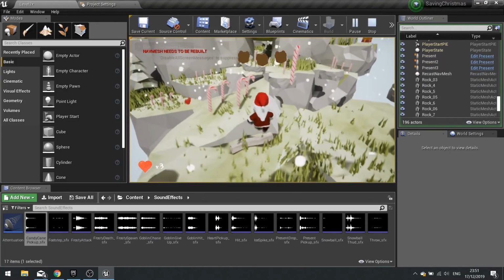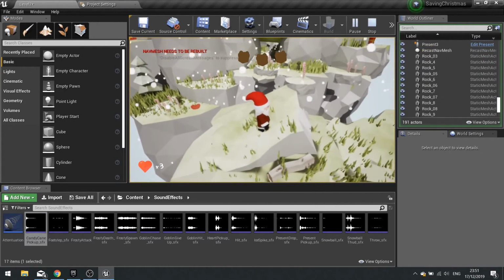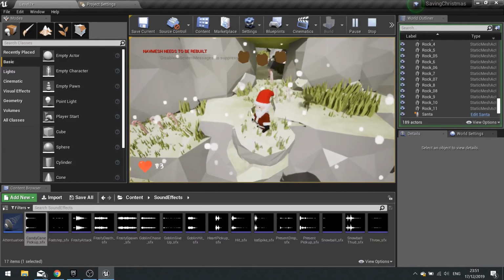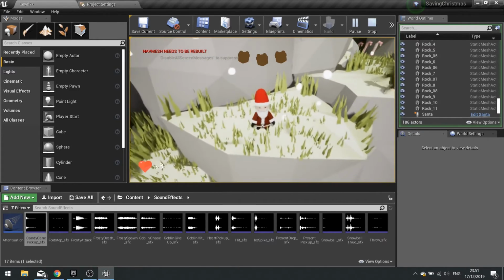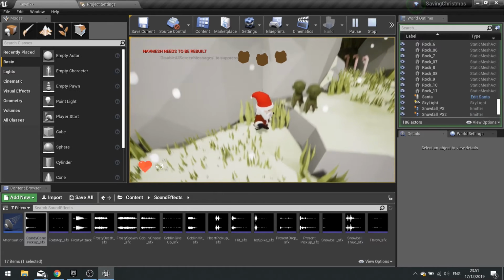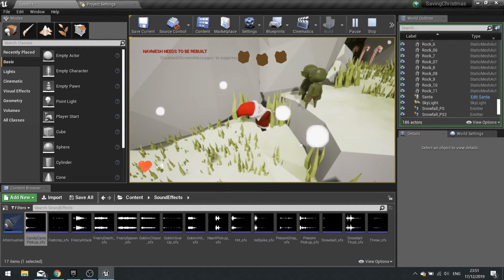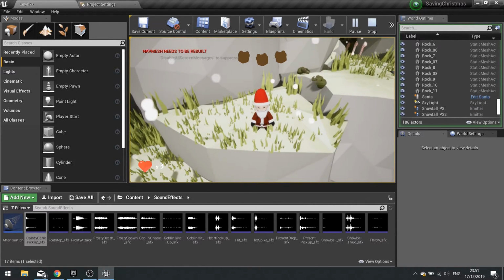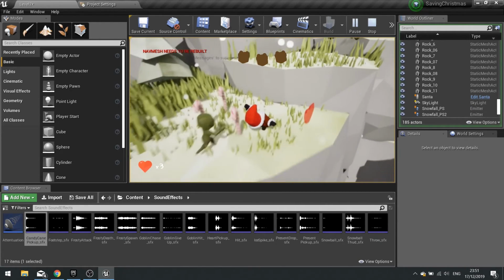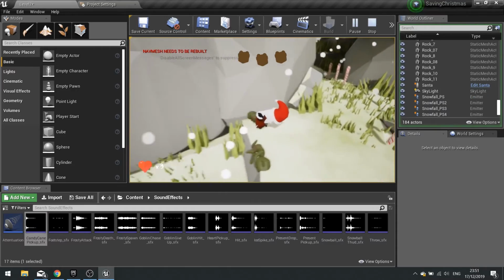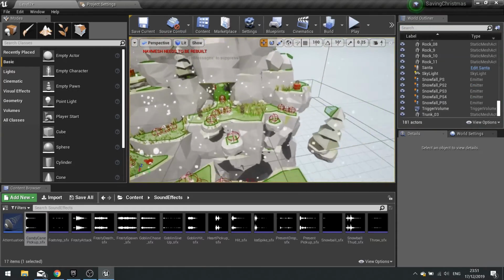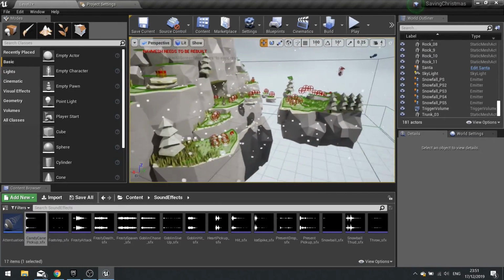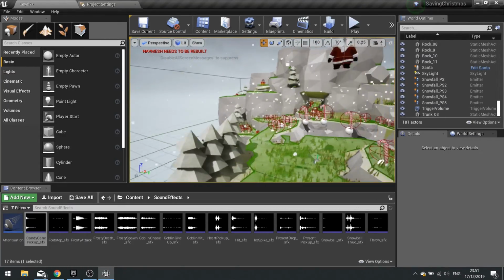That's not so ear piercing. Cool. Okay. I think we're good then. I think that's the whole game done. Yes, I think that is the case.